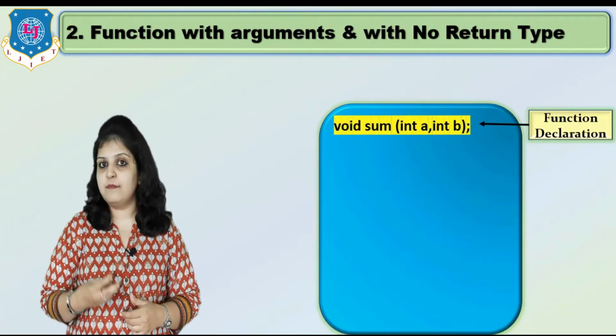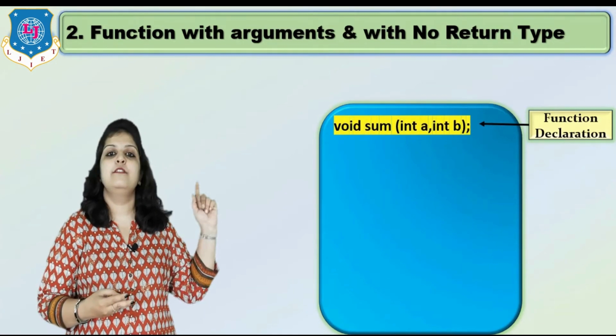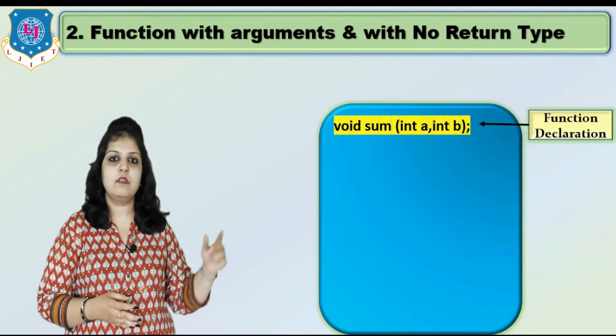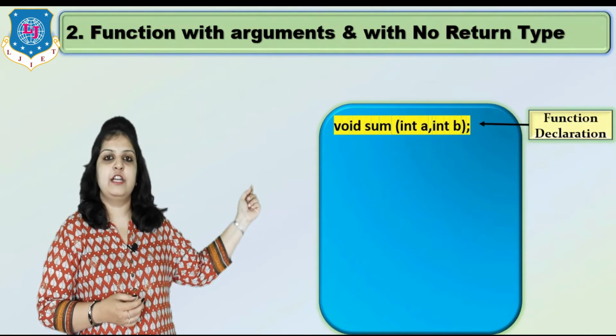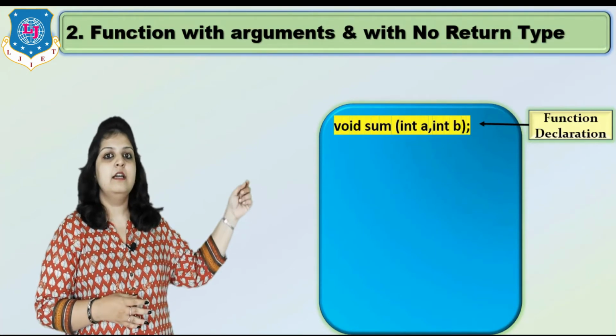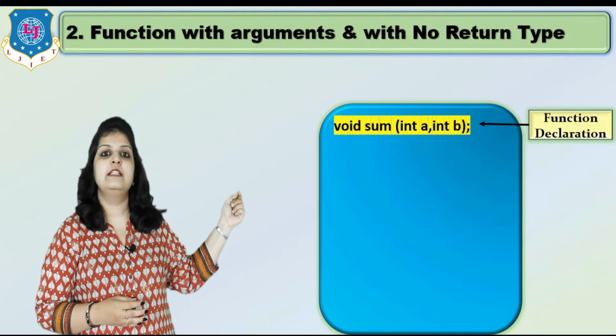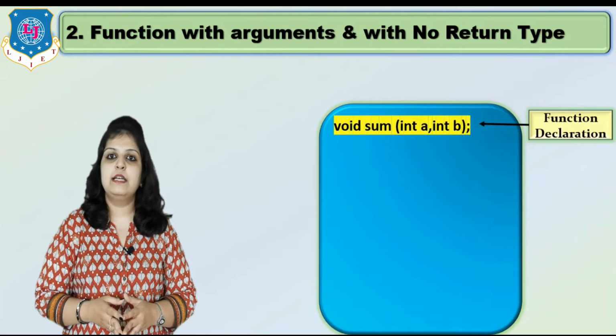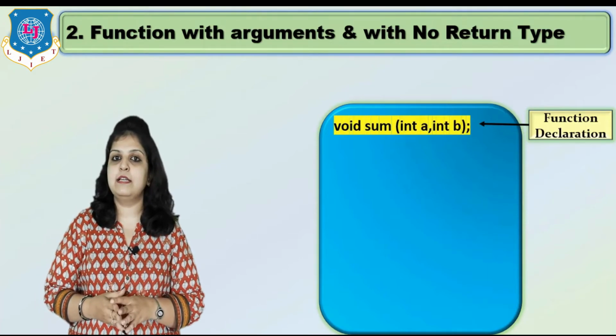If you want to do sum of three different numbers, then you have to pass three parameters or three arguments. So I am passing integer a comma integer b, and one more thing you have to remember, that declare the variable with its data type in bracket as an argument. Now our next part is main function.